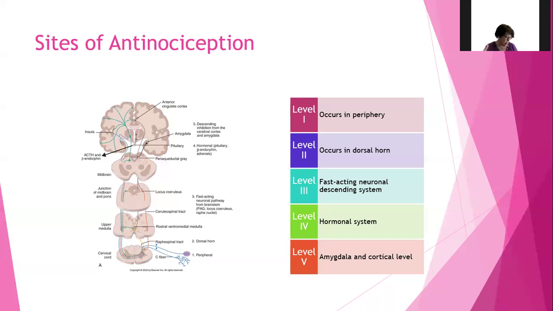So the amygdala contributes to emotional aspects of pain, including anxiety. And at the cortical level, expectations, excitement, distraction, and placebo all play a role in adjusting the transmission of nociceptive signals. So distraction using virtual reality has been tried, and it's been shown to decrease the ratings of pain in people who are getting painful procedures like wound debridement or treatment of burns, that sort of thing.